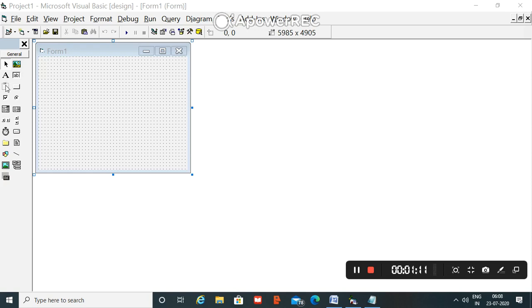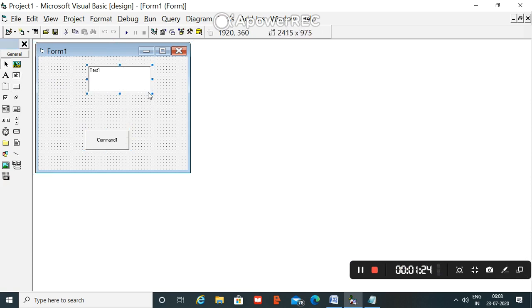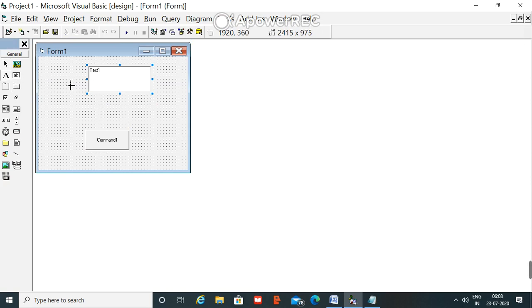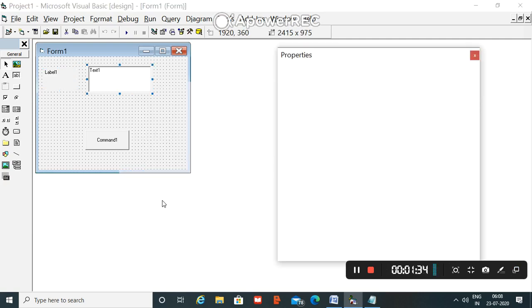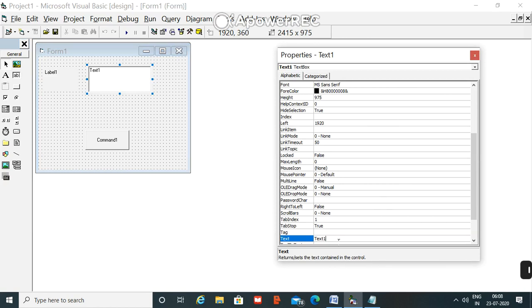For that, what do we have to do? Suppose we prepare the form over there. This is the button. Now I bring one text box over here to accept the number and one label. Fine. Now this has been done. Now I am going to do a little bit of formatting over here. In the properties box, I am going to make it blank,